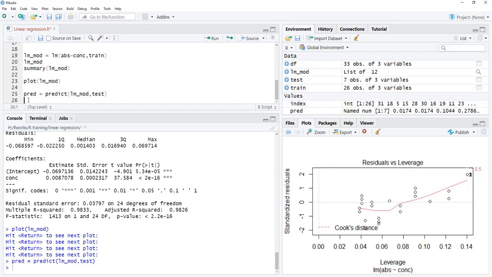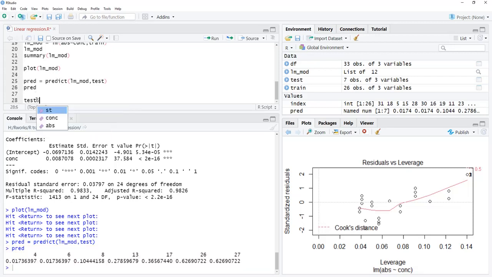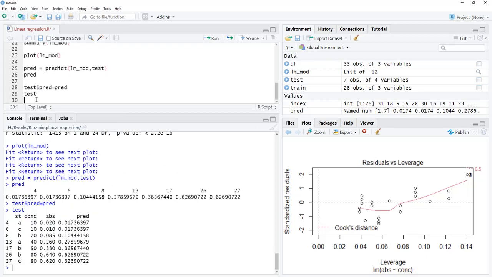We'll see the result pred, and these are the results but not making sense, therefore we'll add these results to the test data frame. test dollar pred is equal to pred, run and see the test data set, and you can see here the actual value of absorbance is 0.02 and predicted value is 0.017.